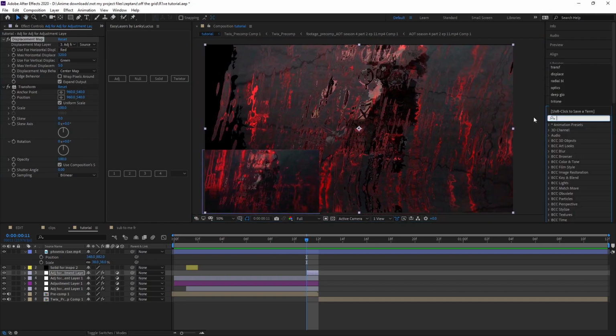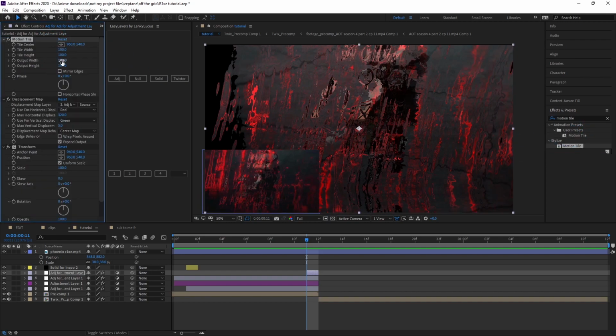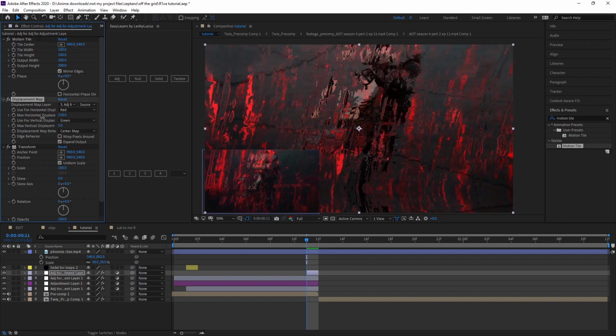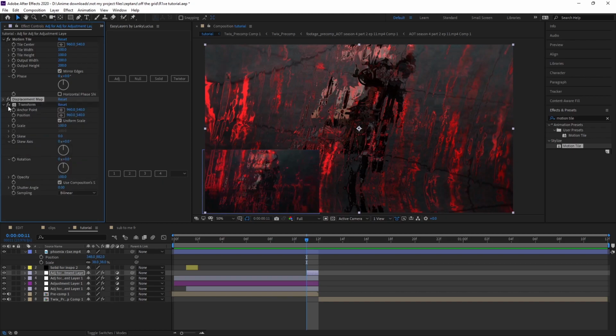We're going to need a motion tile on top of this. Use not the preset. 200, 200, and mirror edges. Alright, so 320 is what I'm going to be using. I might actually put it down to like, yeah, I'm going to go 200, but it's going to really depend